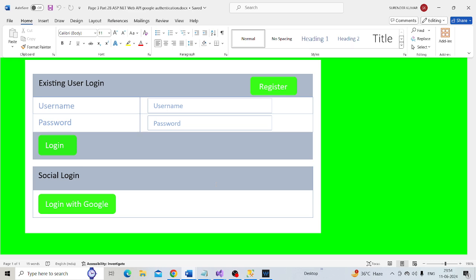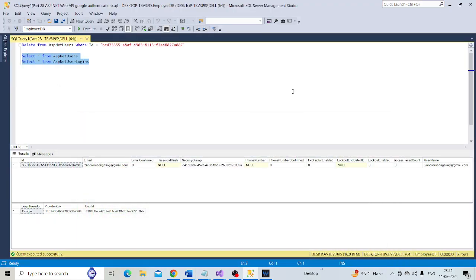console.developer.google.com. First of all, we need to delete this entry from here. Execute it.